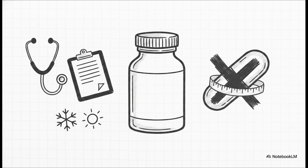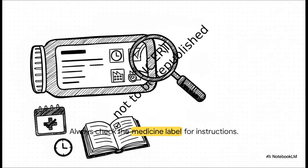You might be scrolling and see an Instagram reel promising magical overnight weight loss with a single pill. Do not fall for it. A really simple but critical step is checking the label. Always check for proper instructions, manufacturing dates, and expiry dates before taking anything. You have to ensure that the substances you're putting into your body are actually going to aid your healing process,